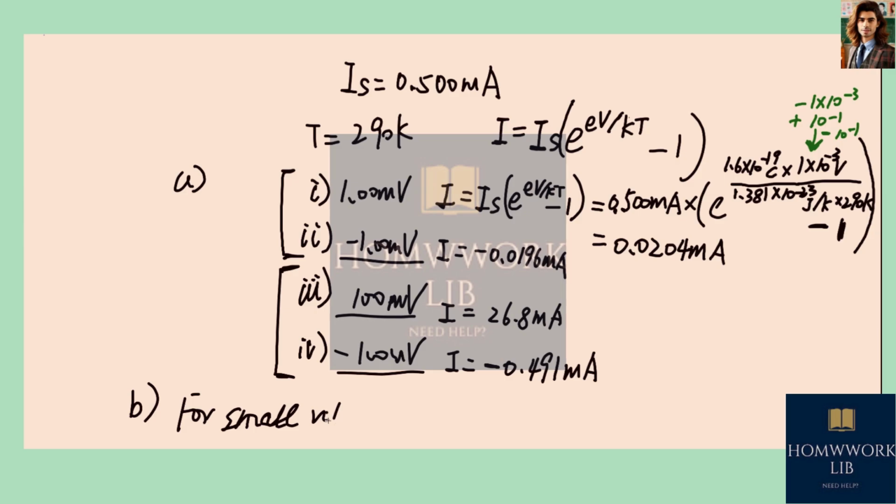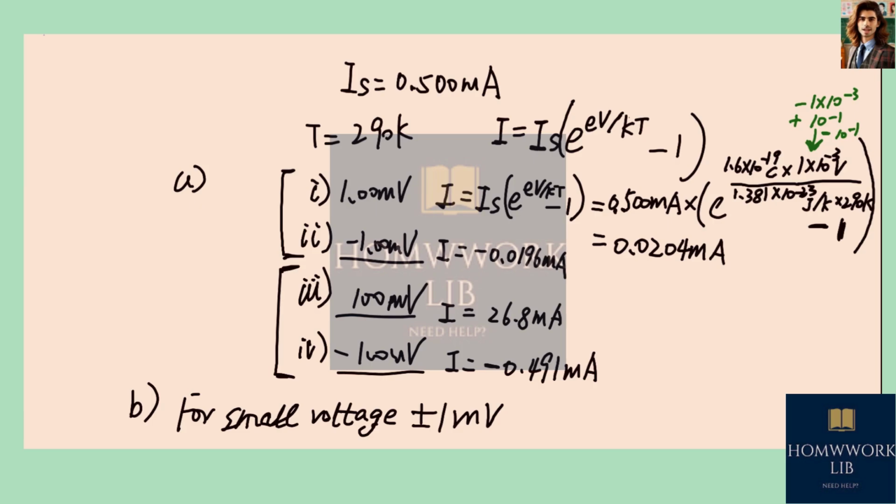how small? Part A gives us a relatively good reference: between 1 millivolt and negative 1 millivolt. In this range, the resistance seems to be roughly constant,